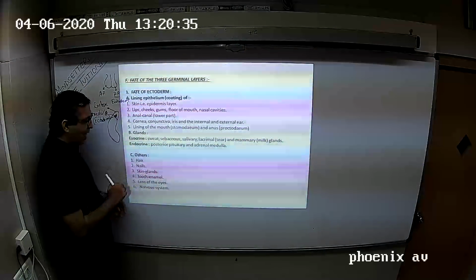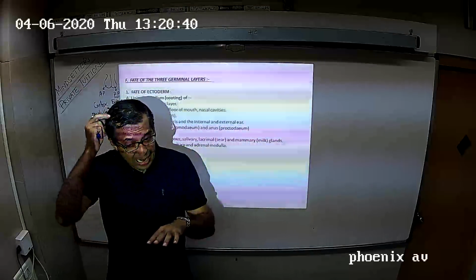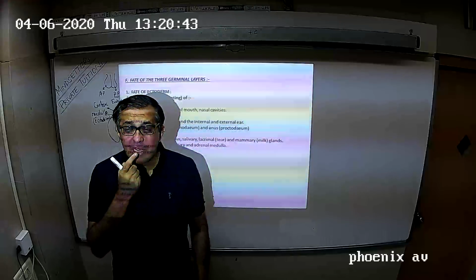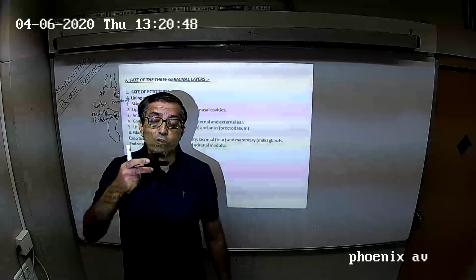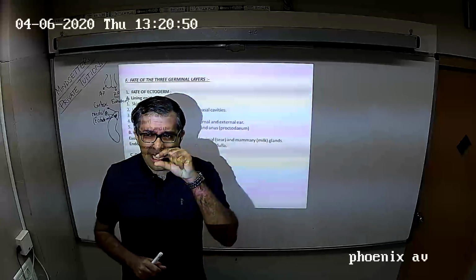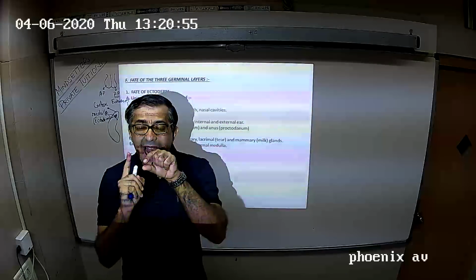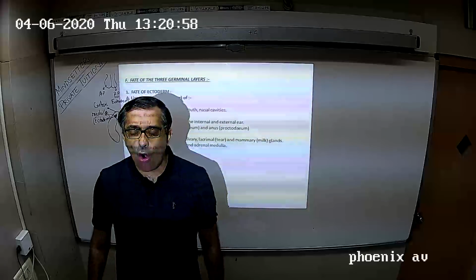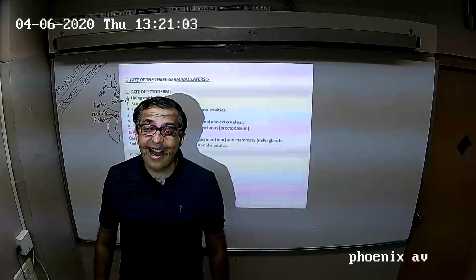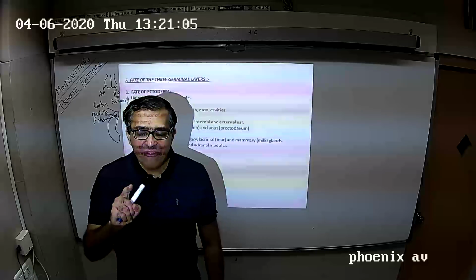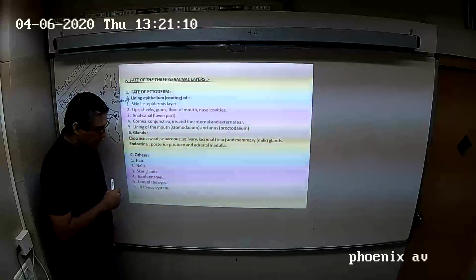And ectoderm develops hair, nails, tooth enamel. So आपके hair, आपके nails, आपका tooth का enamel. Your tooth is made of two parts. Inside is a bony structure called dentine, and outside is the shiny layer called the enamel. Whenever we brush our teeth, we are brushing the enamel of the tooth. And where does this enamel develop from? Enamel develops from the ectoderm.